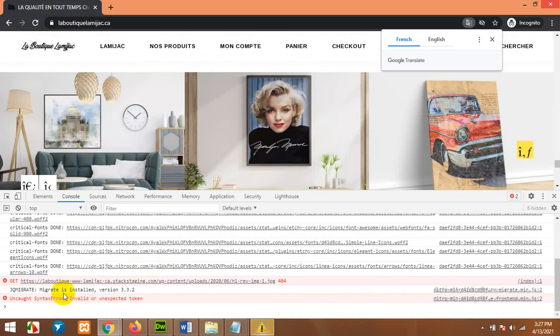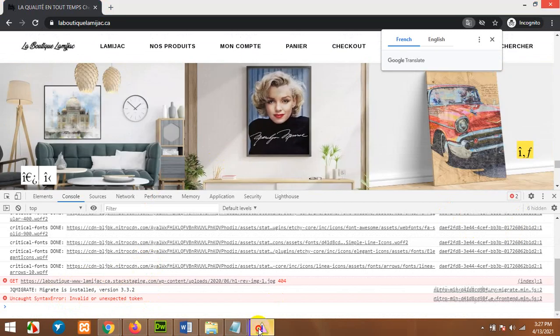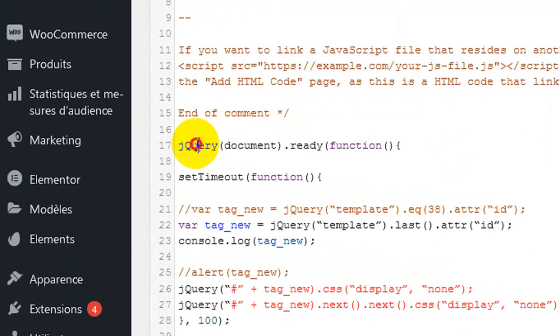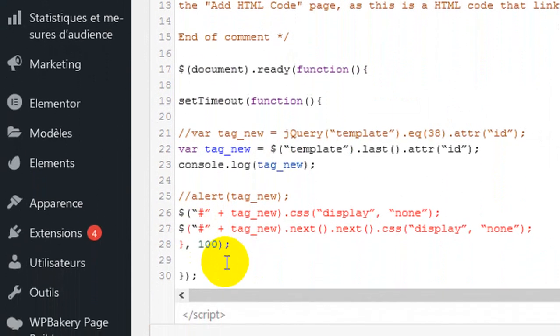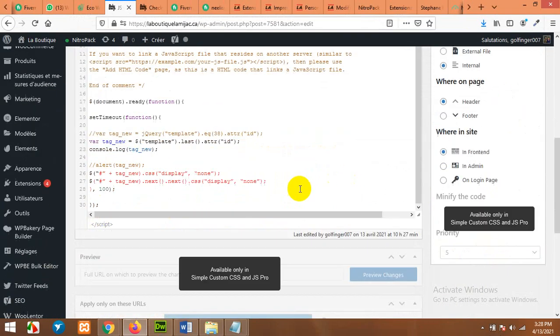Okay, there is no jQuery not defined mentioned, so the code is working. But if it says jQuery not defined, then you have to come here and replace this jQuery by $, here, here, here and here, and then publish again.